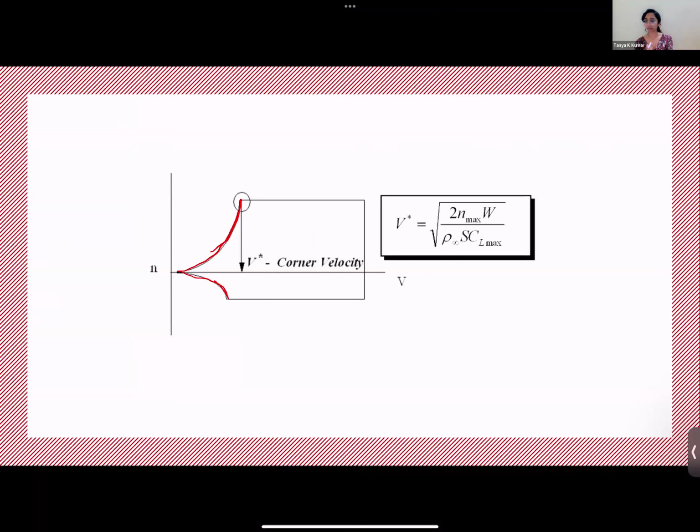So you are right. Where the load factor and CL have maximum value, it's at this point, right? Load factor is maximum throughout this line. Load factor is N. So N max happens throughout this line. And CL max also happens at this point. So what can you say about the curved line? What limit does it impose on the velocity? This N max corresponds to structural limit,